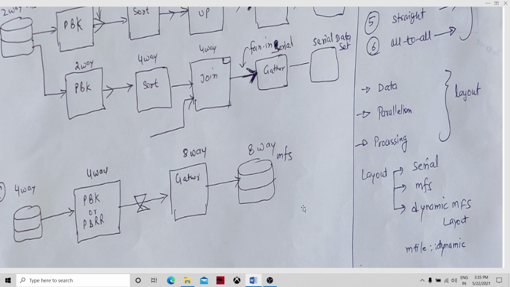So these need to be decided before deciding the design of the graph, and before deciding the depth of the data parallelism. And then there is the processing. So where could we process?